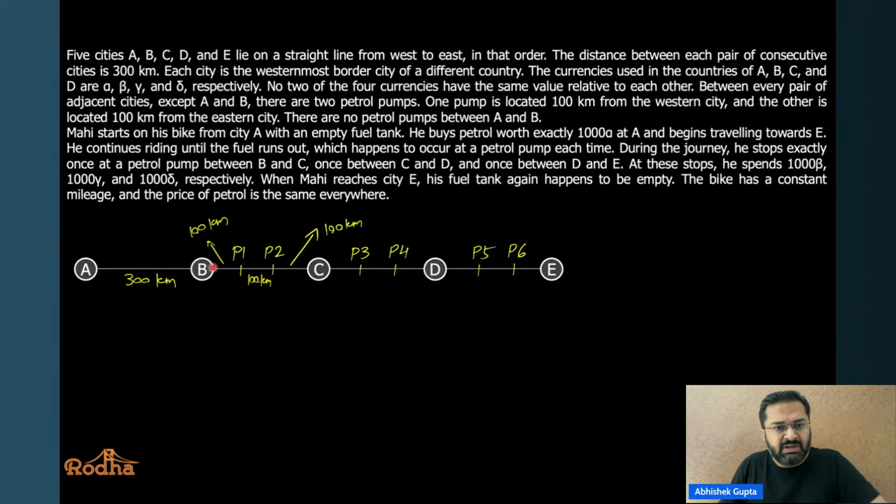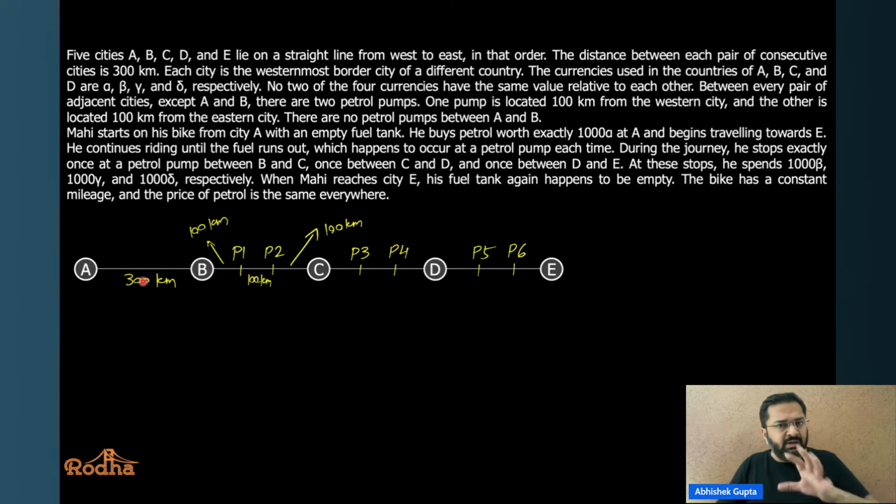So this distance is 300, this total is 300, this is 300, this is 300, it's given to us. But here, the petrol pumps are located in a manner in which this distance becomes 100, and this becomes 100. If this is 100 and this is 100, then the rest would be 300 minus 100 minus 100, which becomes 100. So it's like three equal parts: 100, 100, 100. Likewise, 100, 100, 100, 100, 100, 100. These names are arbitrary. I have named them P1, P2, just to identify them so that I can explain better. P3, P4, P5, P6. So this is the situation.